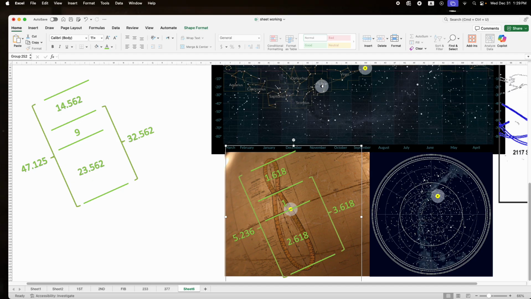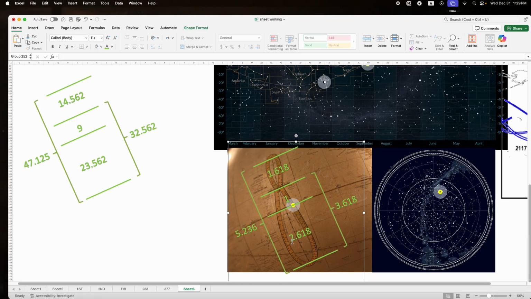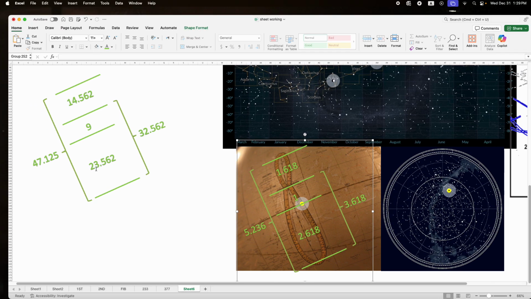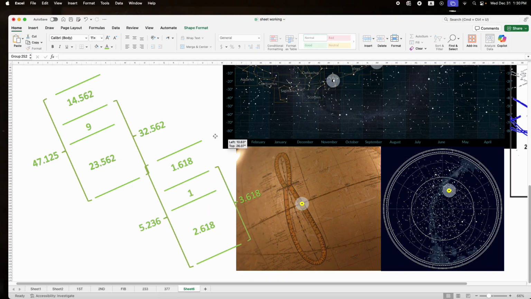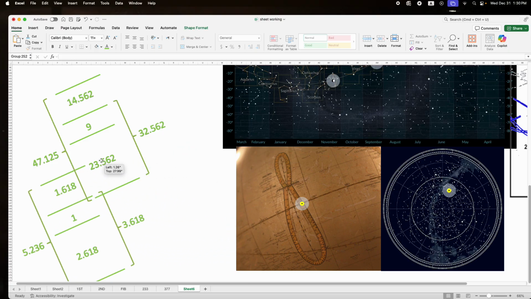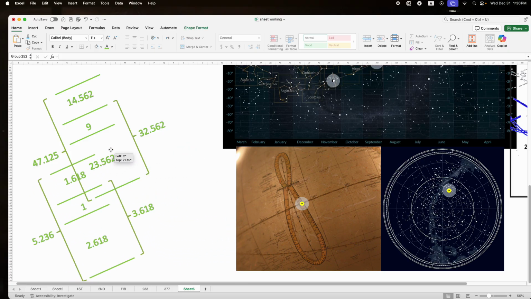And again, we get this based off of our understanding of the biblical numbers and finding that number of Judah south and making this association of 23.562, phi squared times 9. So all that to say, what does this mean for eclipses? Well,